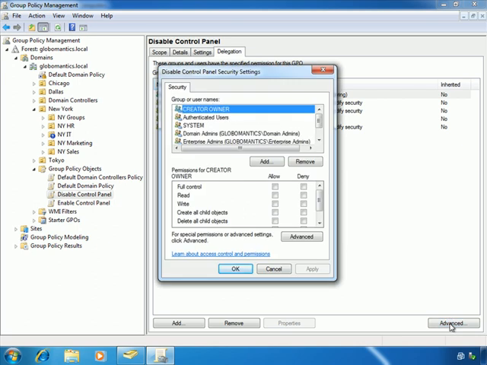And this is a window that should look kind of familiar to you, or at least the window should have a familiarity to it. You've never seen the window before, but it looks similar to other ACL related windows like NTFS permissions and shared permissions and printer permissions and Active Directory permissions. Well, here we can go ahead and add users and computers and groups to the ACL and then pick the level of permissions that particular user, computer, or group has over the group